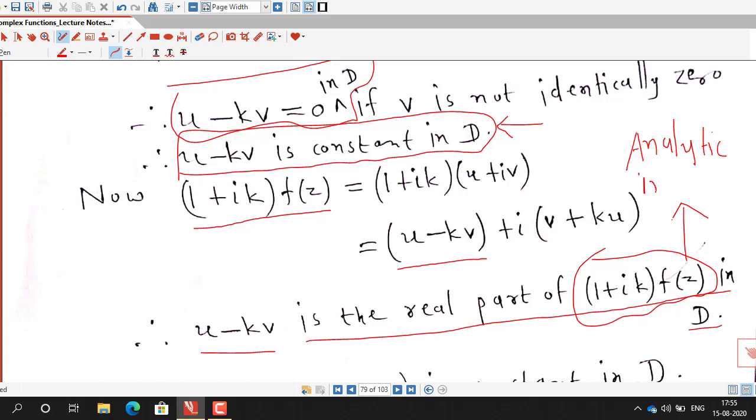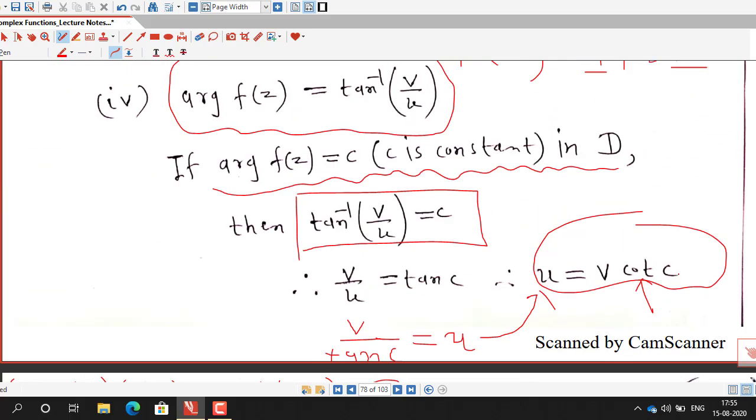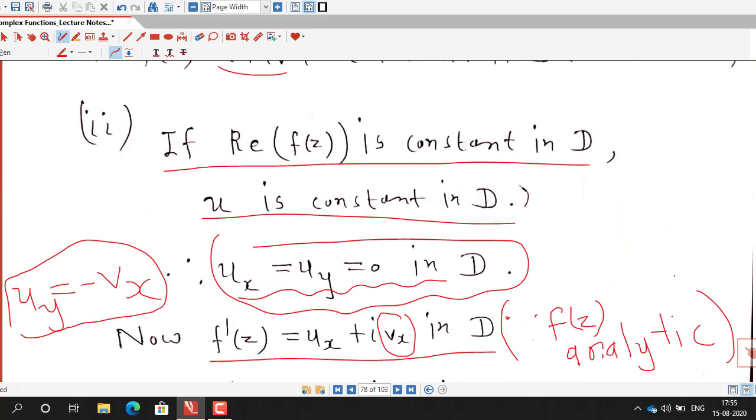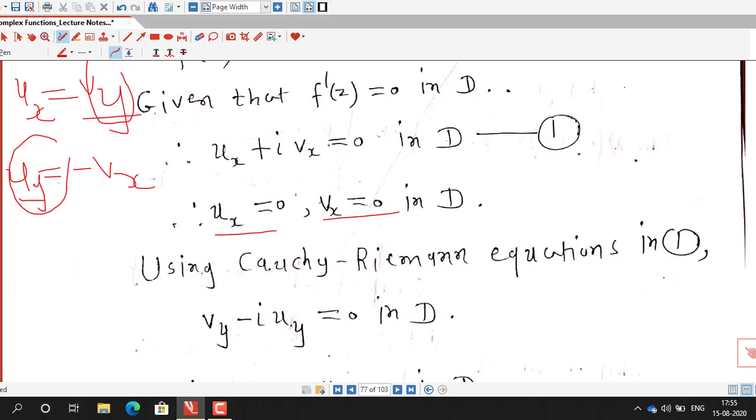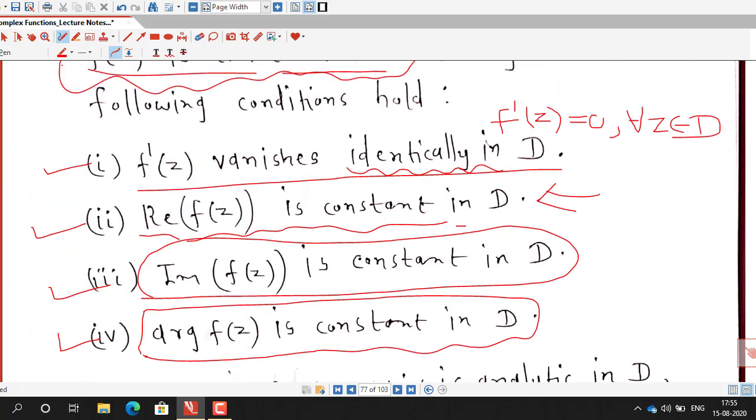This function is analytic in domain D because f of z is analytic and 1 plus ik is constant, and we know that a constant multiple of an analytic function is analytic. So what we have shown is that the function u minus kv is the real part of the analytic function 1 plus ik into f of z. So using the third condition, in the third condition we have shown that if the real part of an analytic function is constant,